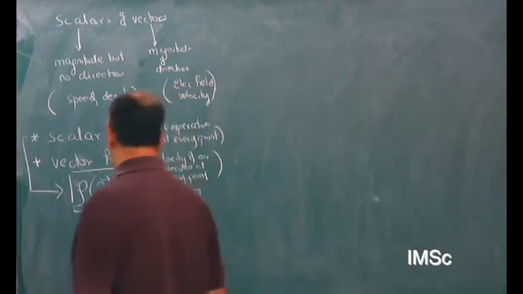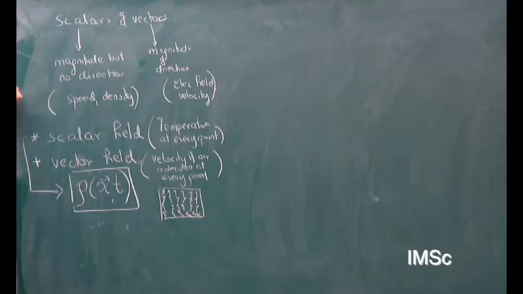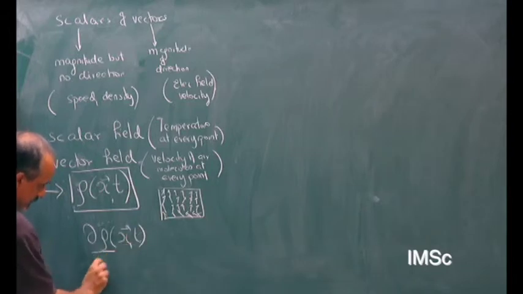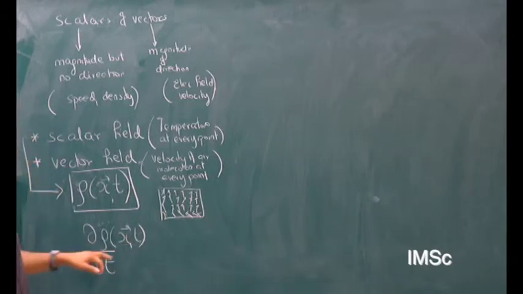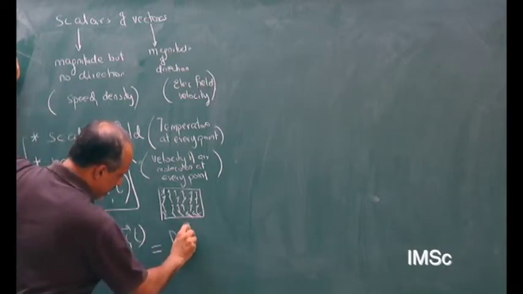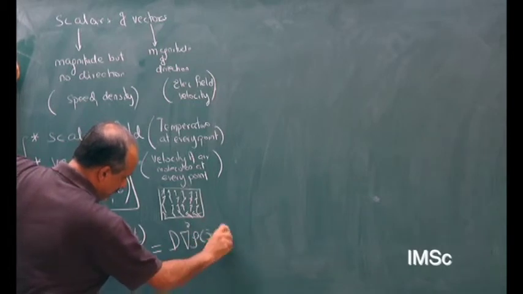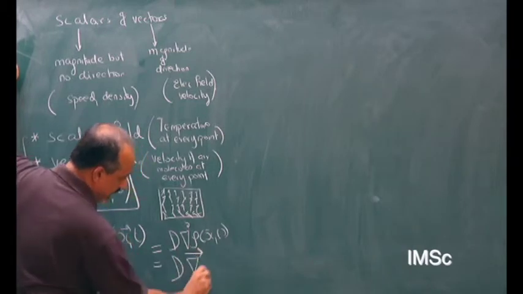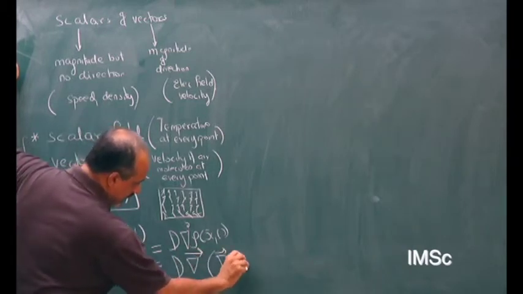Okay, so now we're going to write that object in a slightly different way. We're going to write delta rho of x and t by delta t. Sometimes I switch notation. Sometimes I write r vector instead of x and so on. It all means the same thing. By x I really mean positions x comma y comma z, or in general I could also call it r, depending on what location. So this I'm going to write as first of all D del squared of rho, which is the form that we had earlier. But I'm now going to write this also as D times this operator of grad times another grad times